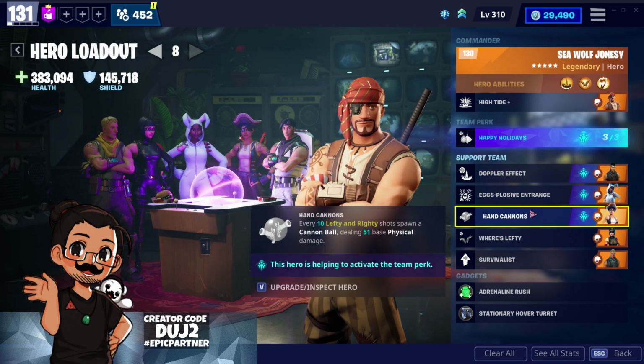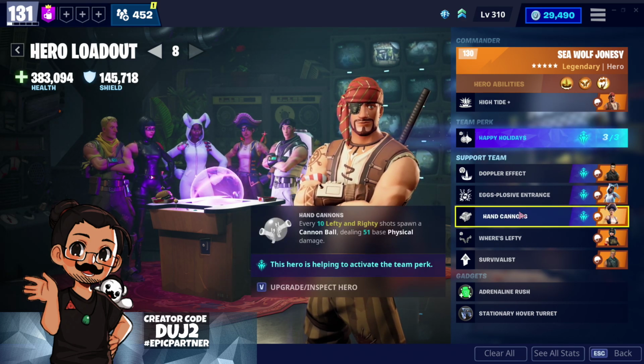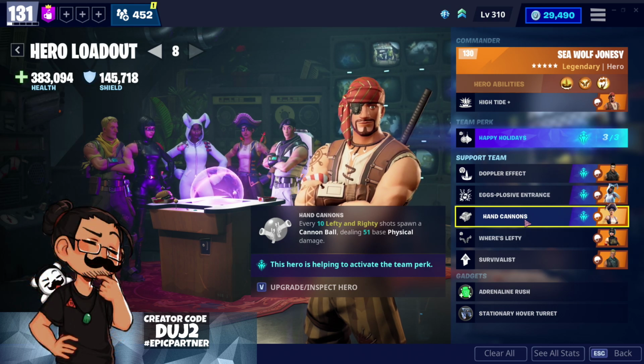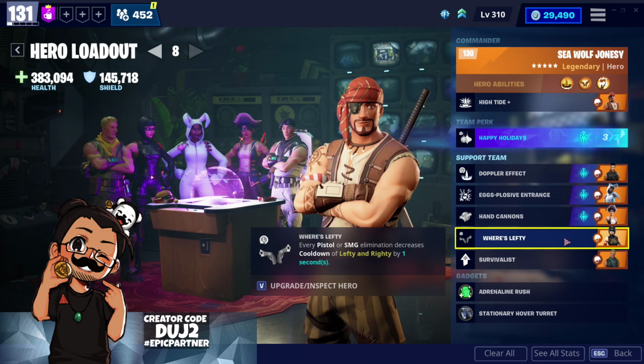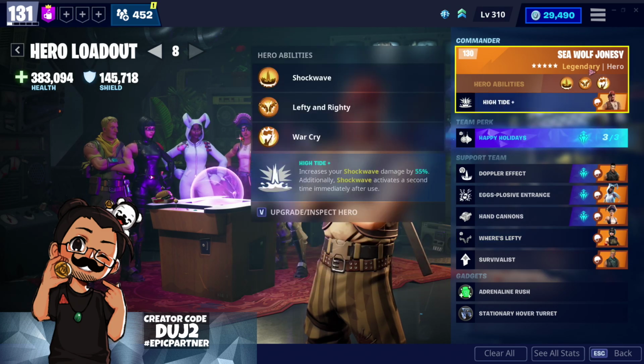But next we're going to go in with Hand Cannons Buccaneer Ramirez, who every 10 Lefty and Righty shots spawns a cannonball, dealing 51 base physical damage. And what's going to start it all off is going to be Where's Lefty. Every pistol or SMG elimination decreases the cooldown of Lefty and Righty by 1 second. Now I went ahead and I used this setup over in